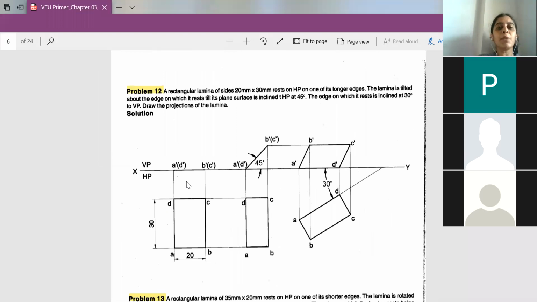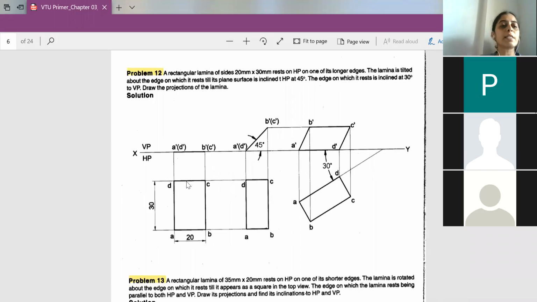So this is the actual problem on rectangular lamina. Okay, what happens in the rectangular lamina? The concept is the same. In the square lamina, all sides were equal, and in the rectangular lamina, what happens? You'll be having one longer side and one smaller side, right? So that is the difference. So this is the actual direct question. In a direct question, all the information is given directly. If it is twisted and given, then it is an application oriented problem.